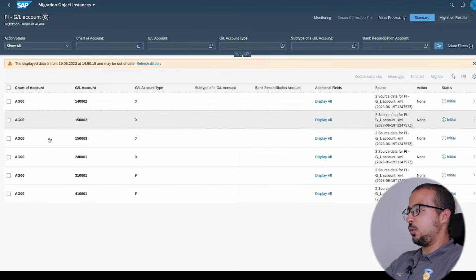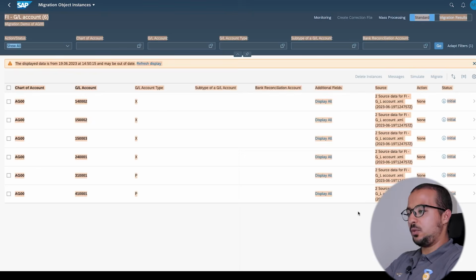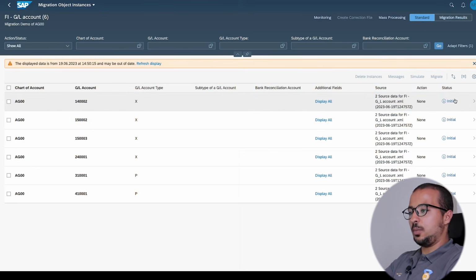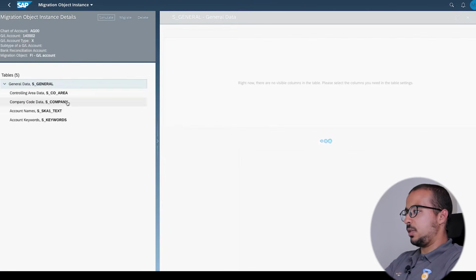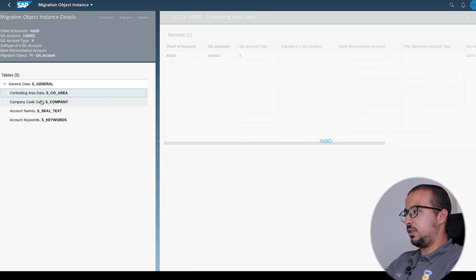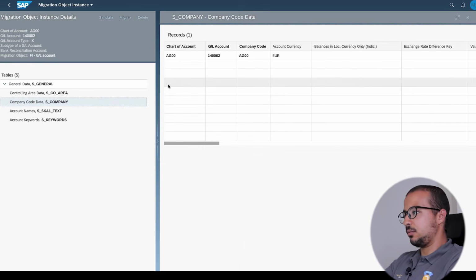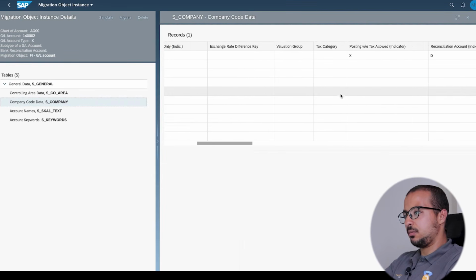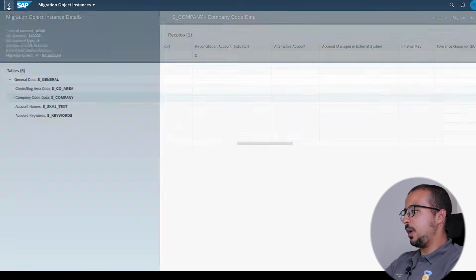show the different records. These are the different GL accounts that we have in our sheet, and we have the GL account type, and we can click on display all to see the other values. We can also see more details by going here, and here we have the different tables for this record, and we can check the different details filled for this GL account in the different tables. So now we can see all the details that we included in our Excel sheet. Let's go back